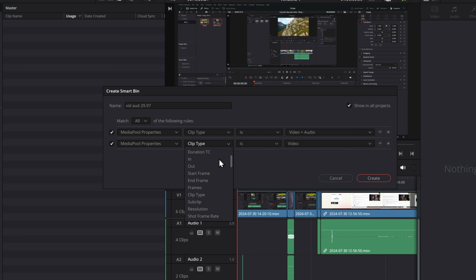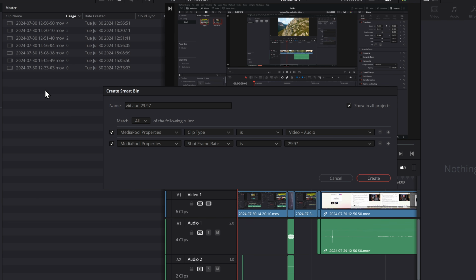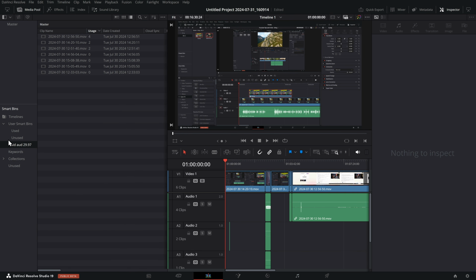So for this one, we're going to find frame rate, which on here is simply called shot frame rate. I'm going to change this to be is 29.97, and straight away you can see it's already done the filtering for us. So now I hit create, and I've got this video, audio, 29.97. I could make another one that was 24, one that was just the video that was 24, or whatever. And you've got these smart bins that are there, ready to go. So there you go. Hopefully that answers the usage question, but you've also got some bonus tips on how to make use of smart bins